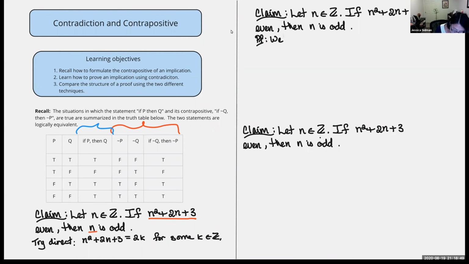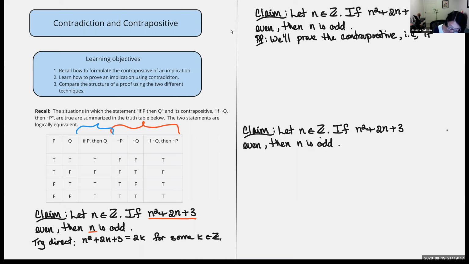And in a proof like this, it's good to signpost for your reader what your intentions are. Okay, so I'll say, we'll prove the contrapositive. And remember, we want to try to take the cognitive load away from our reader, right? And interpret things for them. So I'm going to say, i.e.,